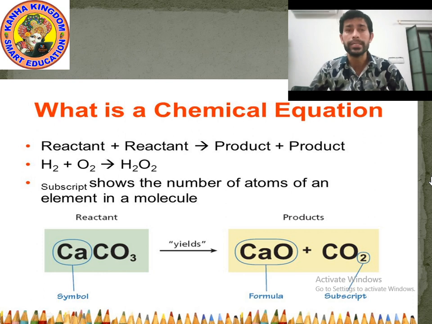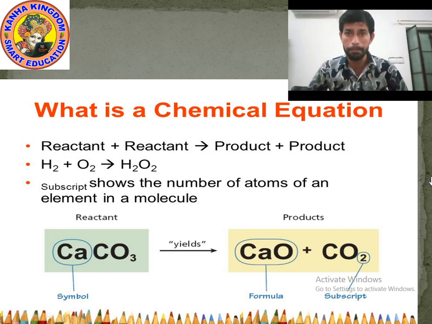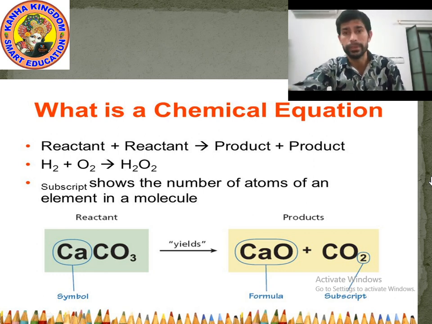So once again look at the formula of CaCO3. O means oxygen. Oxygen is an element, and in O3, 3 means 3 atoms are present. Now look at the formula of CO2, carbon dioxide. In CO2, O means oxygen, 2 means 2 atoms, so the oxygen element has 2 atoms. Okay, understood? Now let's move on to the next point.